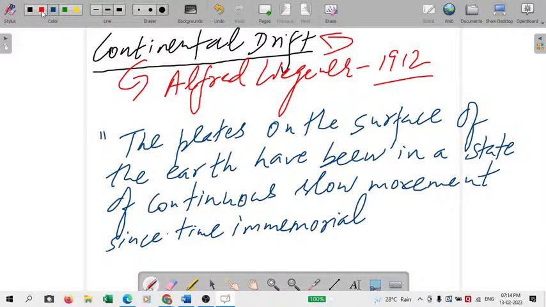What is the meaning of time immemorial? Since the time we have known, means for a long time in the past, right? So the plates on the surface of the earth have been in a state of continuous slow movement since time immemorial,